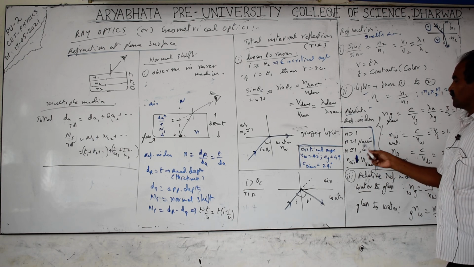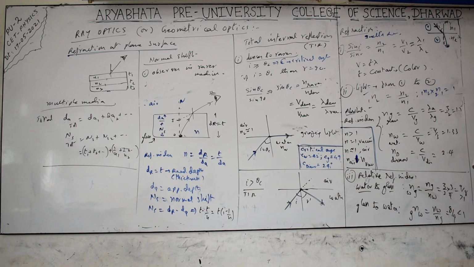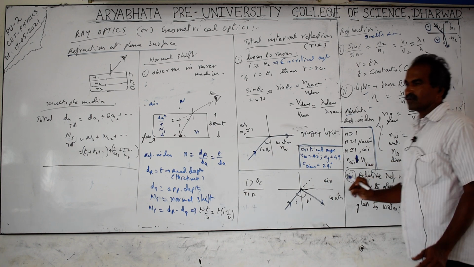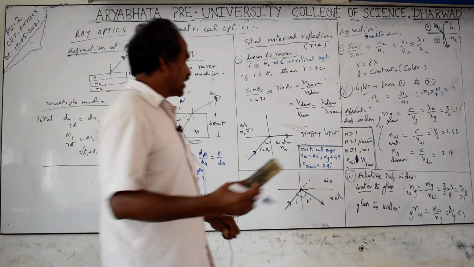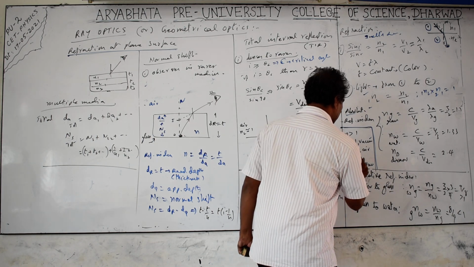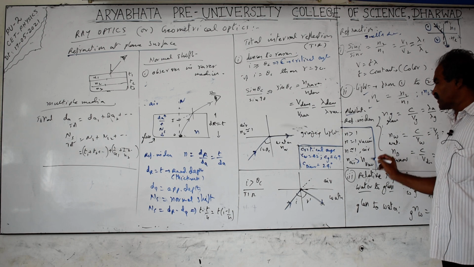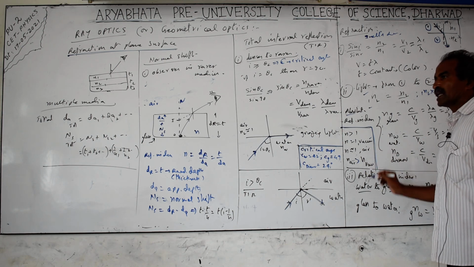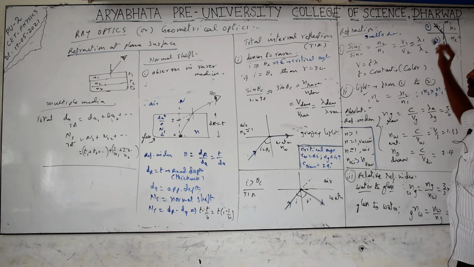Next, the refractive index of air is slightly greater than 1, some value like 1.0003, but approximately we take it as 1. So for vacuum and air we take nearly 1, because practically we cannot use vacuum for experiments every time. n air is approximately 1, but the air refractive index is slightly greater than the vacuum refractive index. That's why light deviates when traveling from one medium to another.